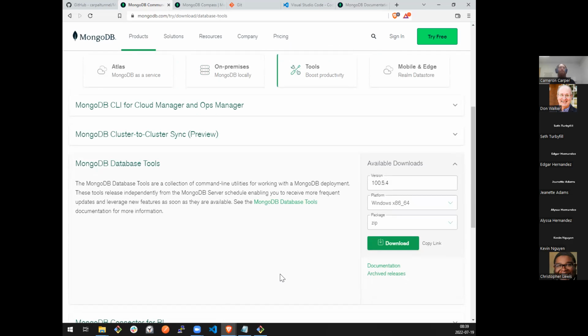The primary reason you might want these is for ease of importing and exporting data into your database. We don't have to go write a custom loader in whatever language to get stuff out of Kaggle or GitHub and get it loaded into Mongo. We can simply have a JSON file on our file system and say Mongo import that into this database in this collection.